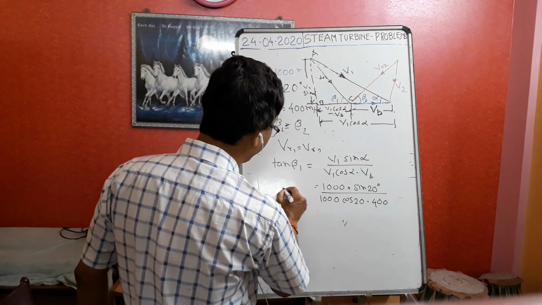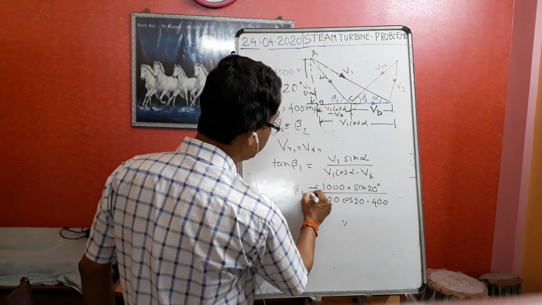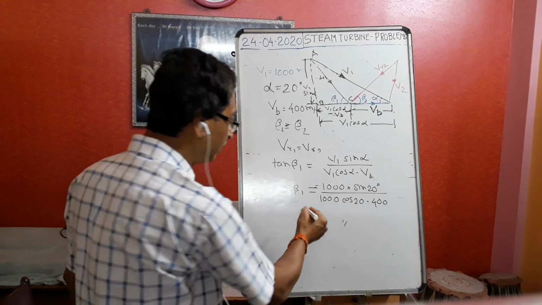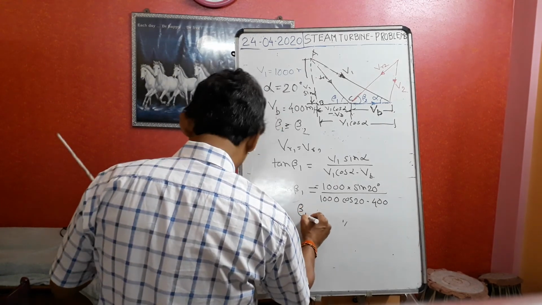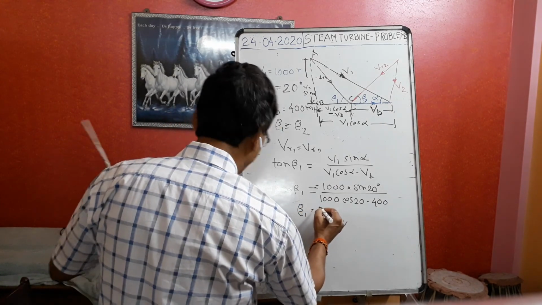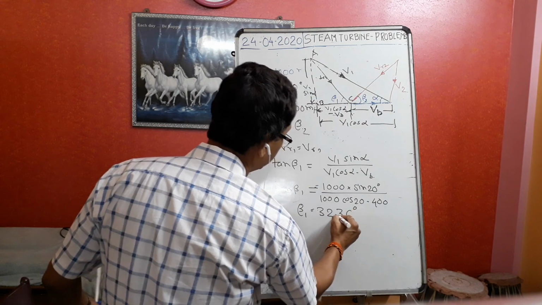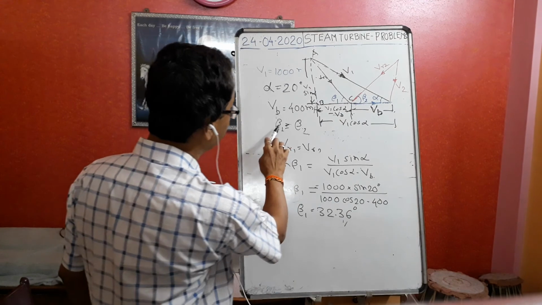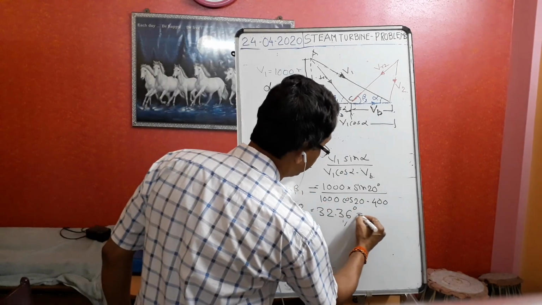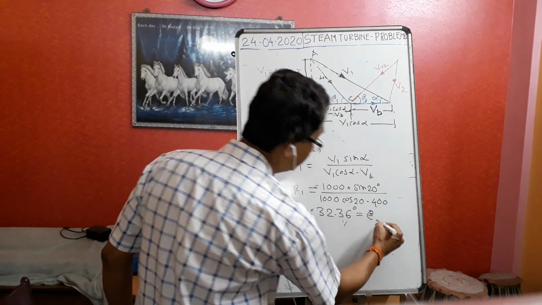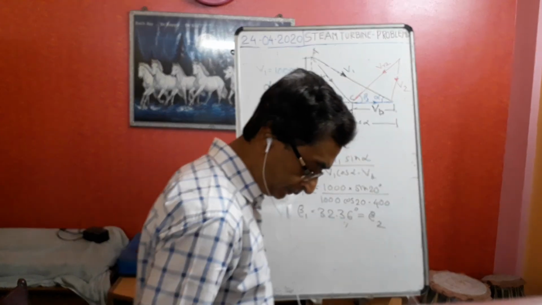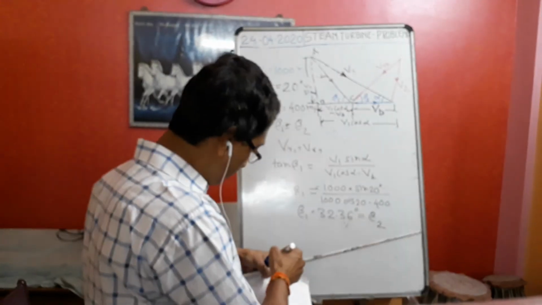So tan beta 1 is equal to this, and I can do the calculation. From that calculation I will get beta 1. Beta 1 is equal to 32.36 degrees. They have told us beta 1 and beta 2 are the same, so this is also equal to beta 2. Okay, now